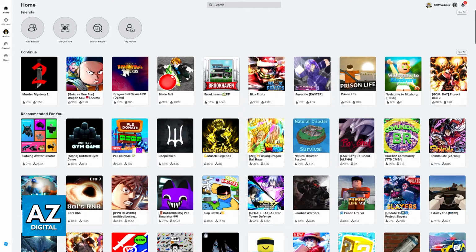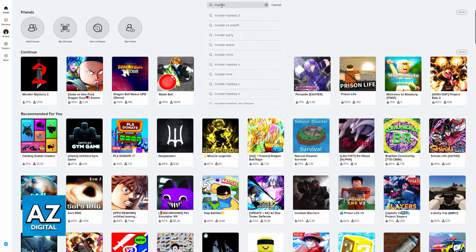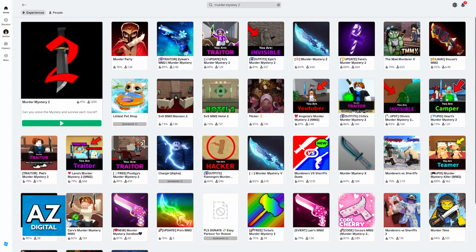But regardless, all that you have to do here is open the latest version of Roblox, make sure that you update it if necessary. You can press the options button on Roblox to check for updates, and afterwards look for the game. So you will be able to look for Murder Mystery 2 inside of the latest version of Roblox.